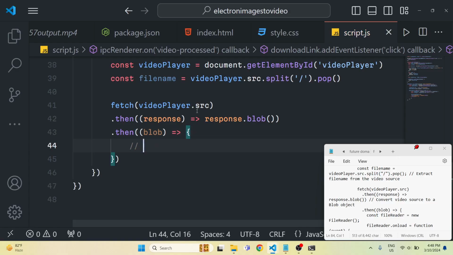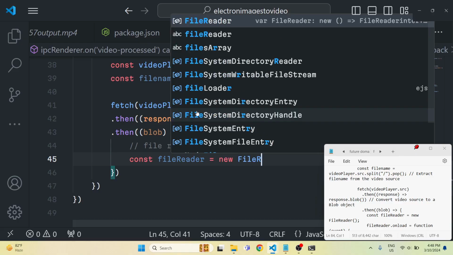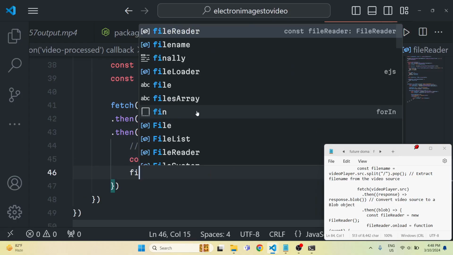And now we can actually use the file reader API to read this blob and convert this into an array buffer. So this is slightly complicated, guys. We are just doing this because we need to save this file in a particular location. So that's why we need to convert this video into an array buffer. For that, we are converting first of all this video file to a blob object. And now we will use this file reader API. As you all know, it's available for every browser. File reader,